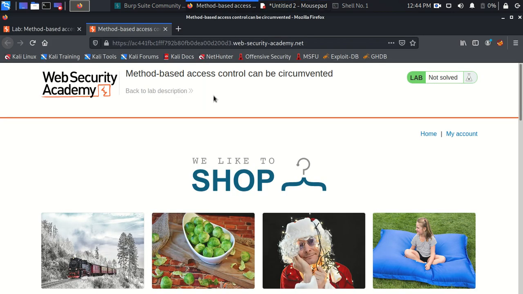So let's go here. I'm not going to see the page source and all, because they already told us that you have to log in with the administrator account, and log in with your normal user account simultaneously, and see the process to upgrade yourself to become the admin, right? So I will directly go to the login page.